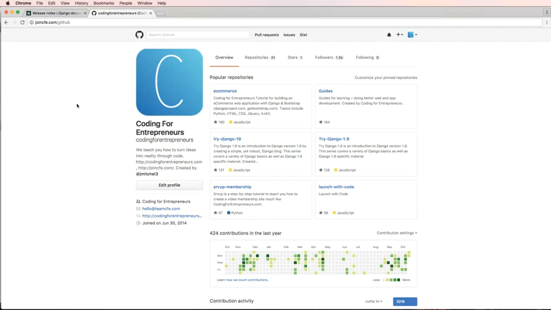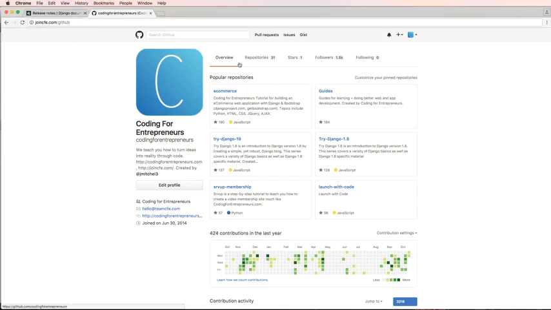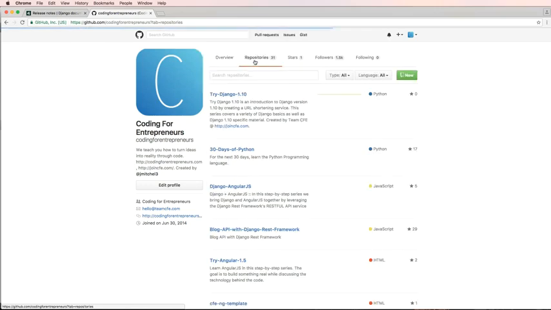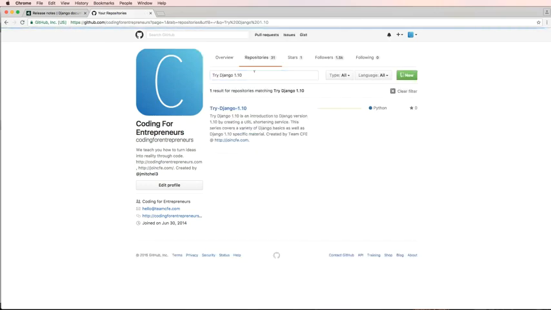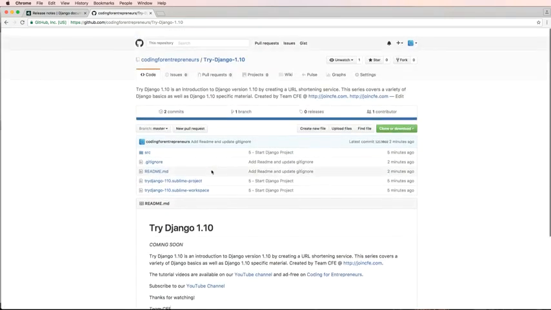Now's a good time to introduce the reference code. We've definitely talked about this before, but I want to make sure you know exactly where it is. So if you go to joincfe.com/GitHub, click on repositories and search Try Django 1.10, we get our Try Django 1.10 repository. So if I click on that, it's going to show me all of the things that are related to